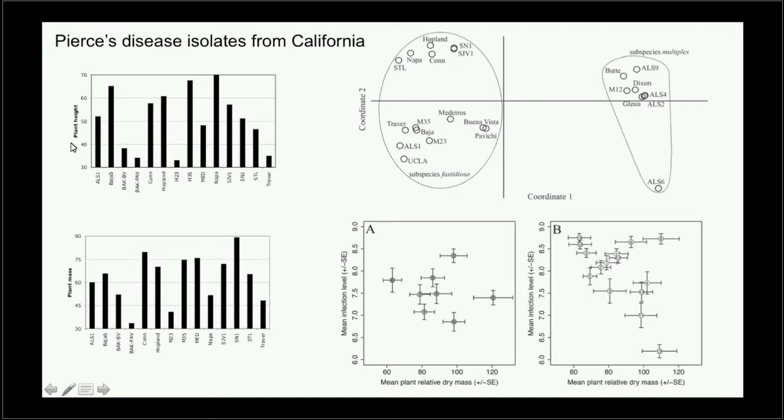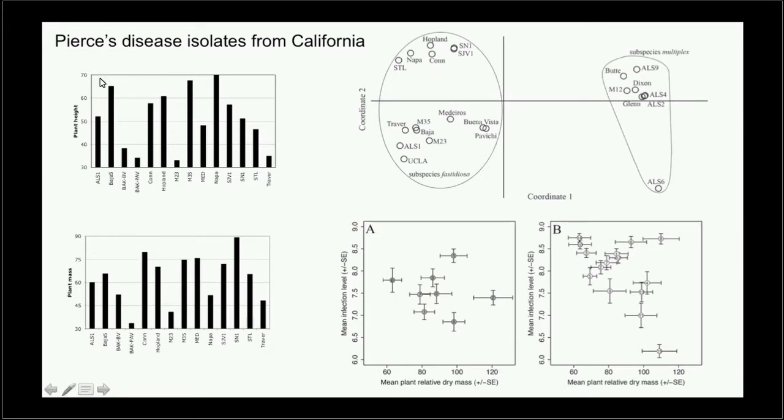What matters is that we put these isolates into alfalfa as an indicator plant, and we looked at a very large number of phenotypic parameters that we were able to measure in alfalfa. One of them was plant height. Another was plant mass, which with alfalfa, you can imagine, is easier to measure than with grapevine, say. And you can see the amount of phenotypic diversity of these grape isolates from California, which are really at the ST level in terms of their diversity. They're pretty much all the same ST.